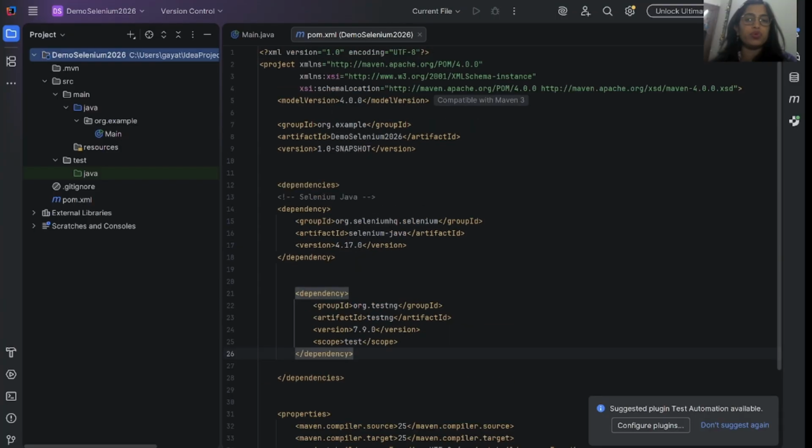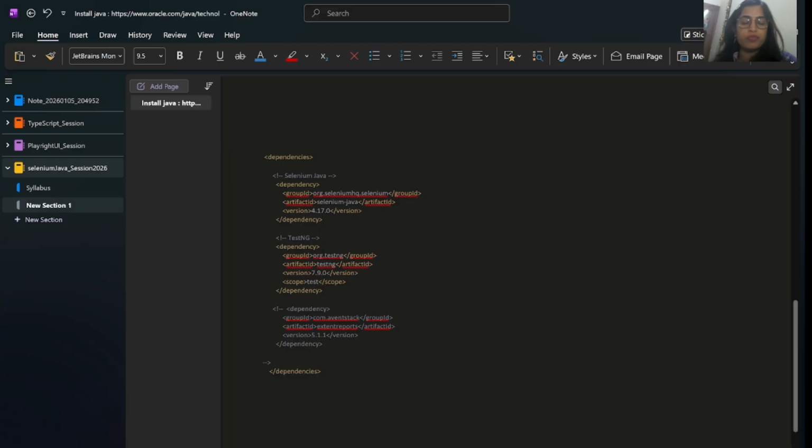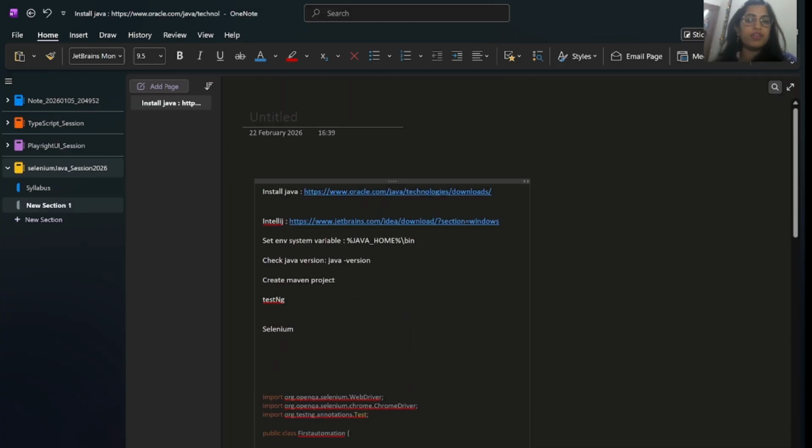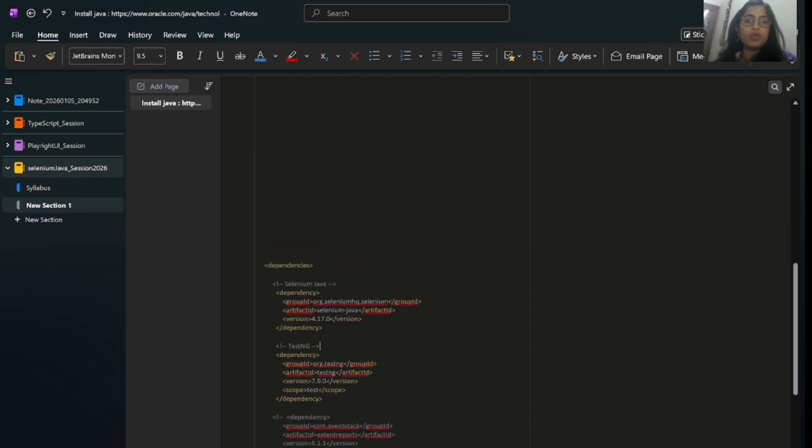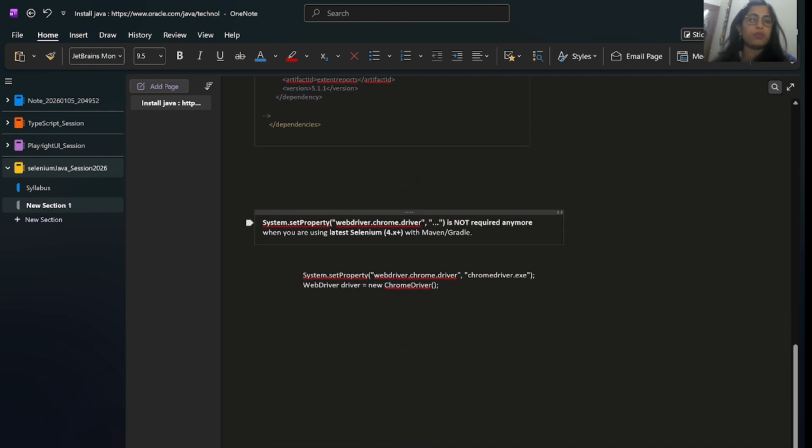Now one thing I want to discuss: earlier we were using System.setProperty, where we were providing the executable file path of any driver. Why? Because we are writing WebDriver driver = new ChromeDriver. When we are executing this line, we have to give a certain path.